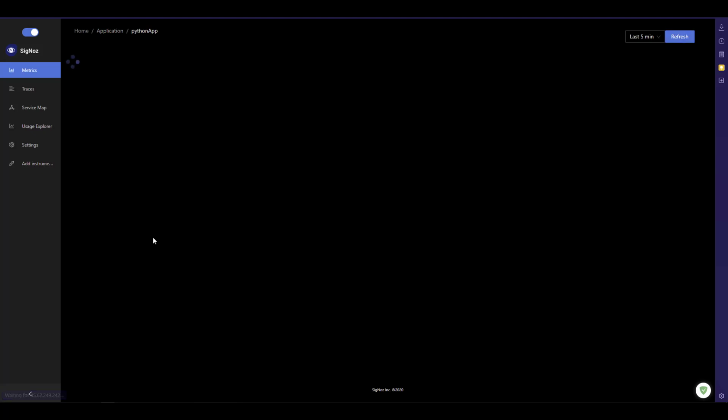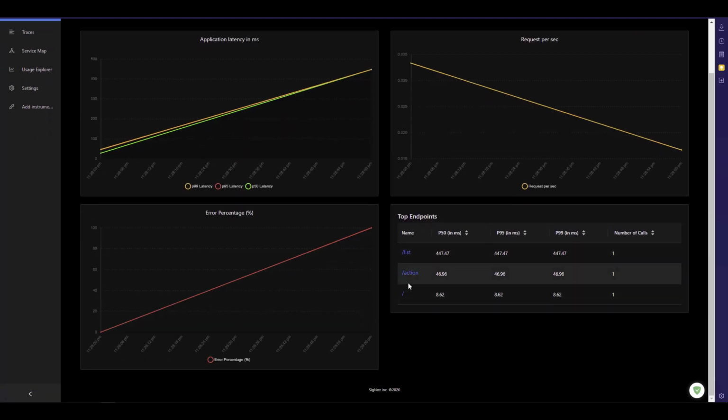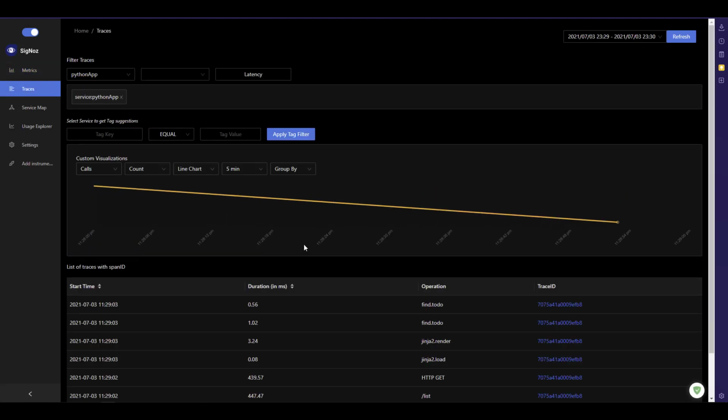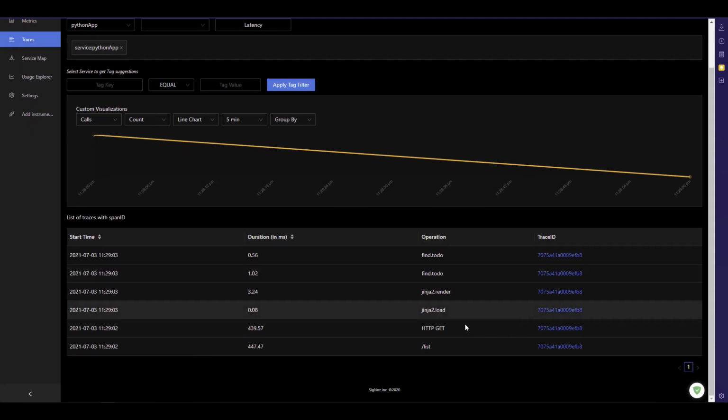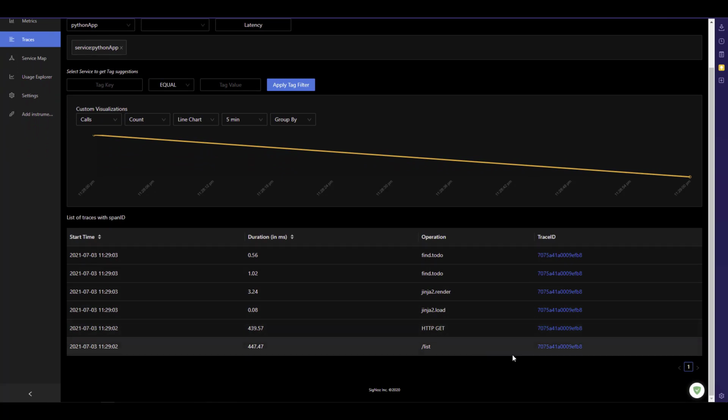And if you go to this Python app, again you can see the request. This is the request we have just sent: the home page, action, and list, and you can see the latency. Let me toggle off these two. If you click on this and click on view traces, it will automatically take you to the tracing information. Here you can see where most time is being spent, on which call. Click on this list call.